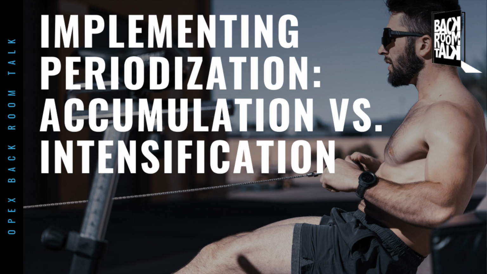So, in a traditional model, the volume curve would be going down as you get to the right, and the intensity curve would be going up. This is actually, everything's going up. So volume is slowly going up and intensity is continuing to go up. If we laid this thing out for like 32 weeks, you would kind of see that curve happen, going from accumulation to intensification. For sure. So that's our functional fitness athlete.